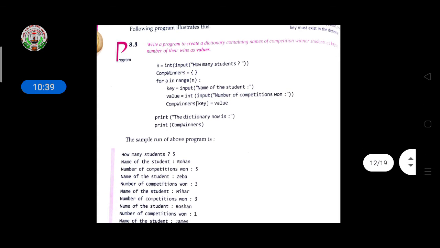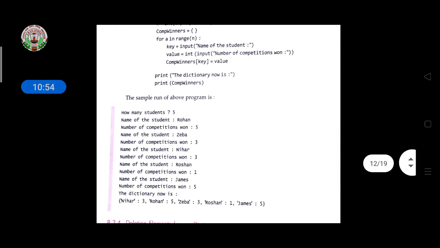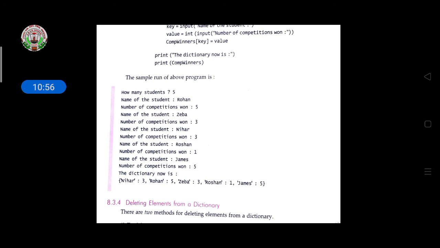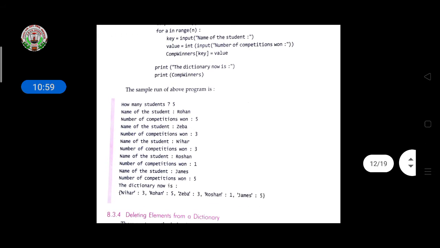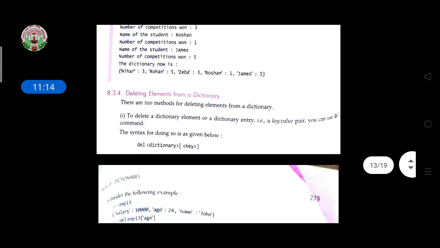First we print the dictionary, then we print comp winner. After this program runs, it asks how many students, since we took input, then the names of the students. It first gets all the details of the students and then displays them like this.